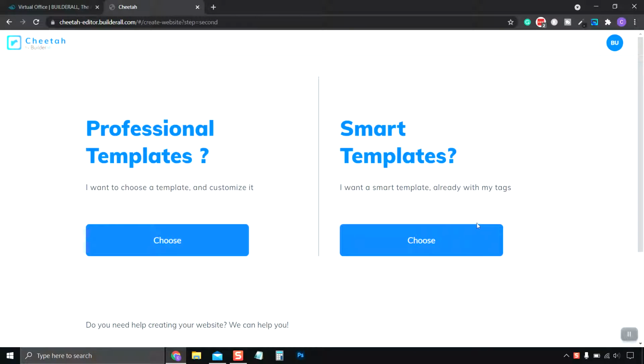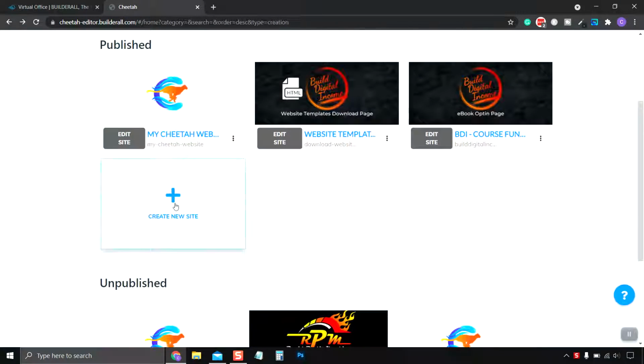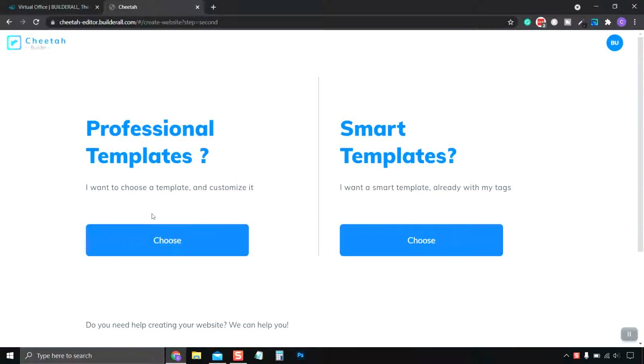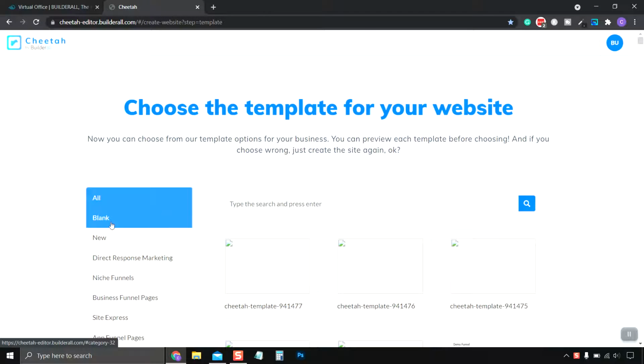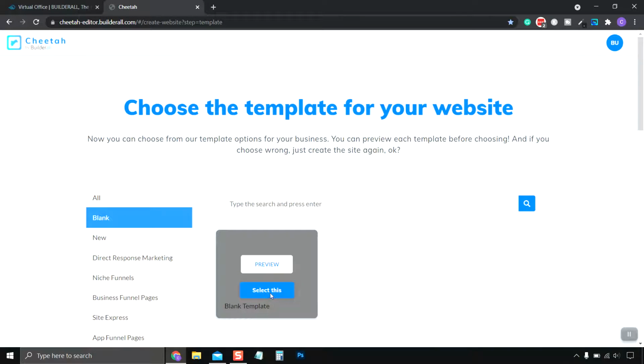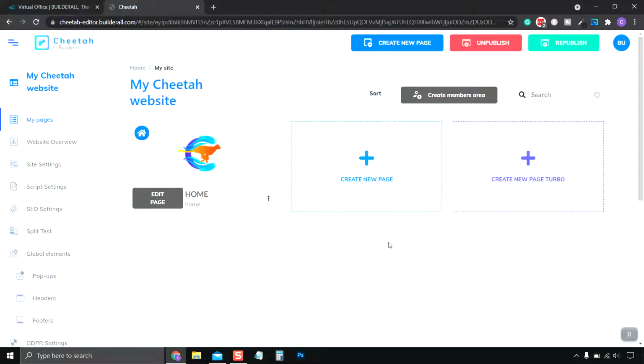and click New Site. That's kind of fast. I'm going to do it for you again. Go Create Site, choose a template, and we're going to click over here on Choose a Blank Template, select this, and save. All right. Now what we want to do is go ahead and skip the tour, edit page,